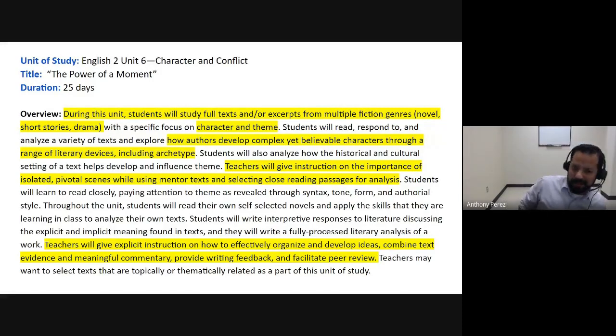Hi, folks. So I'm here to talk about the next unit. Really excited about this unit because this is the lit unit, or the first major fiction unit in the curriculum this year. We're going to be looking at character and conflict, the power of the moment, and this is a 25-day unit. So I think the first decision a PLC has to make is how you want to attack this unit,